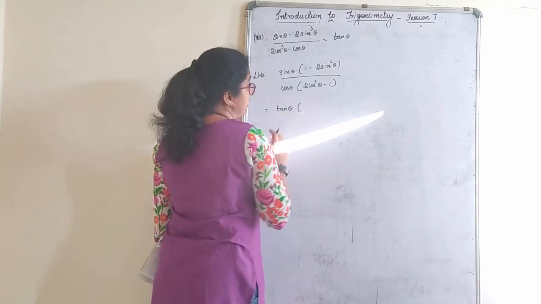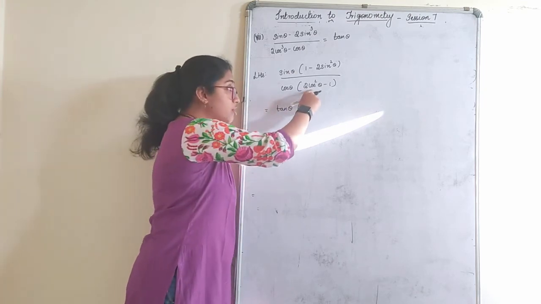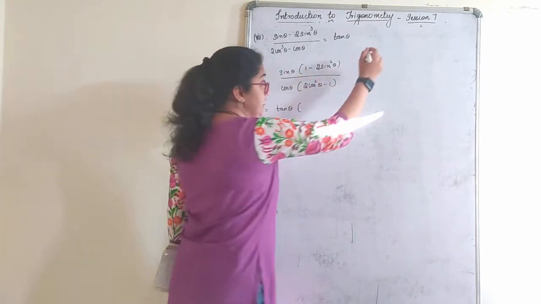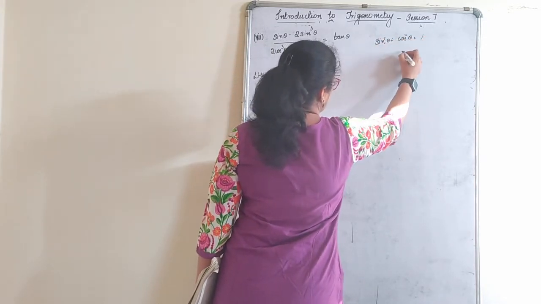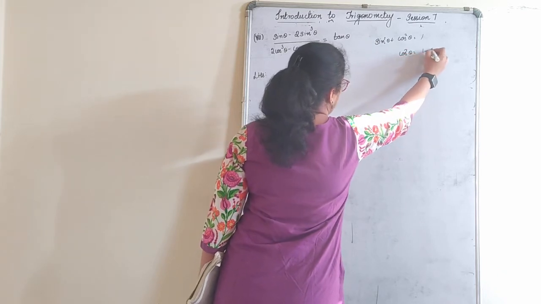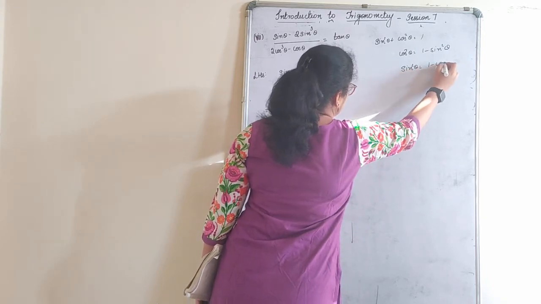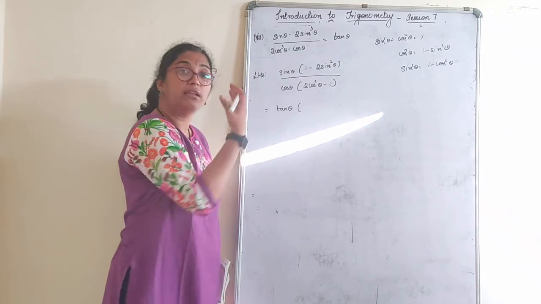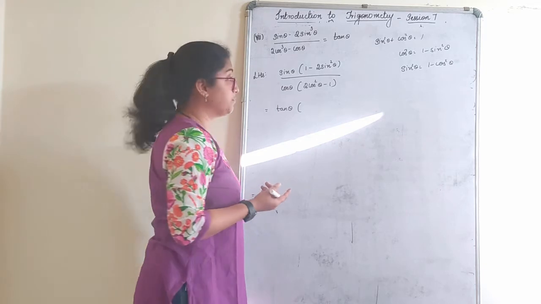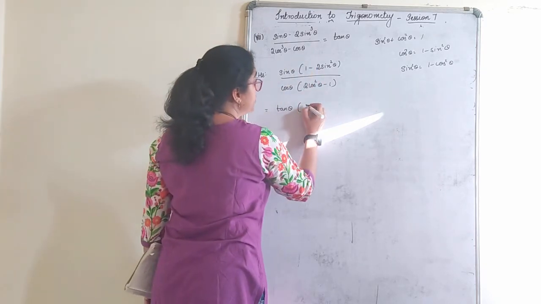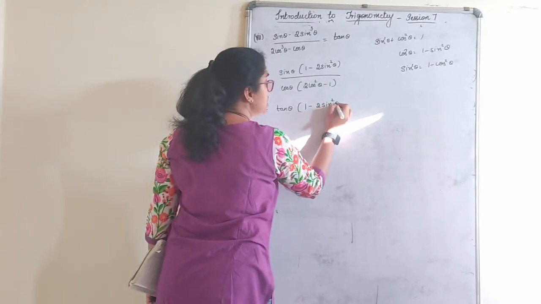Now decide whether you want to change sin square in terms of 1 minus cos square, or cos square in terms of 1 minus sin square. Sin square plus cos square is 1. So cos square theta is 1 minus sin square theta, or sin square theta is 1 minus cos square theta. Do not substitute both together in the one given sum. Either keep it in terms of cos or keep it in terms of sin. Since a minus sign is there, why take a risk? So here 1 minus 2 sin square theta we will keep as it is, because minus is there.